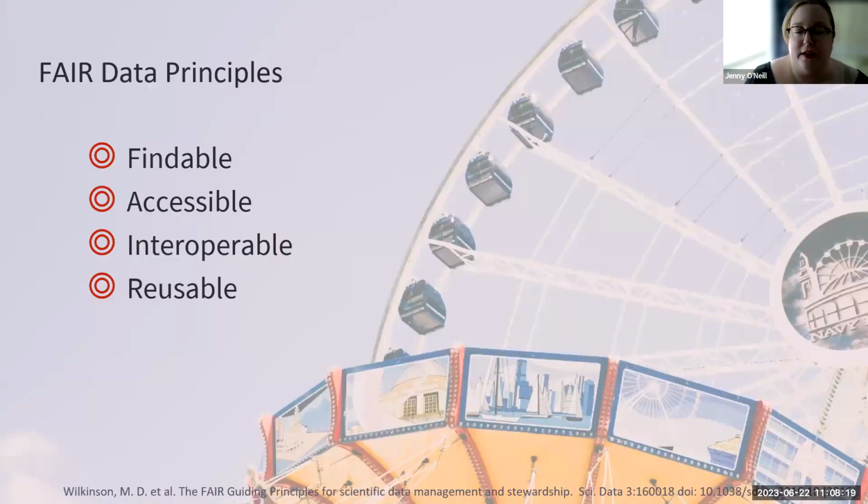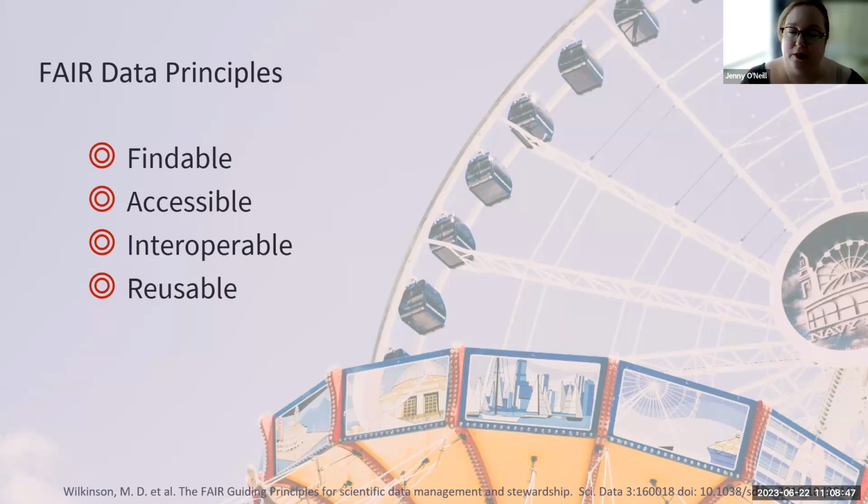I'm going to introduce the FAIR data principles, and I'm really just going to talk very briefly about them because I think it's something that is very useful to be aware of, but you may not need or be interested in going into a huge amount of detail on them. So the FAIR data principles were developed originally in 2016 by a group of funders and researchers and research performing organizations. And they say that data should be findable, accessible,